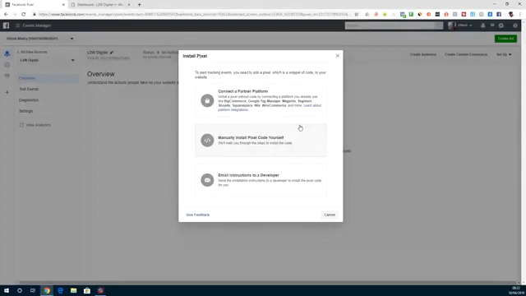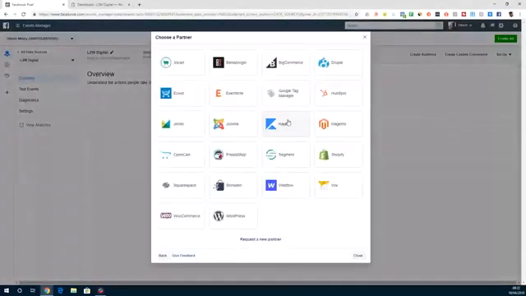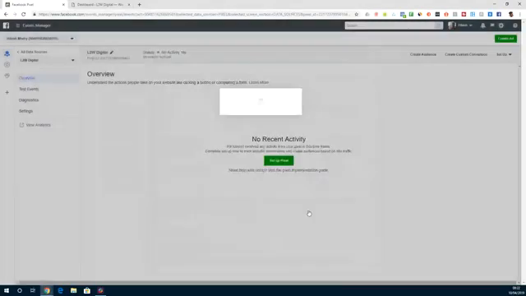What I'll do is I'm going to just walk through how to do it in WordPress because it's probably the most common platform we've got, and at the same time, it's quite easy to do now. So if we just click on connect to partner platform, as you can see here, you can select your different websites that you've got. So if we go WordPress,